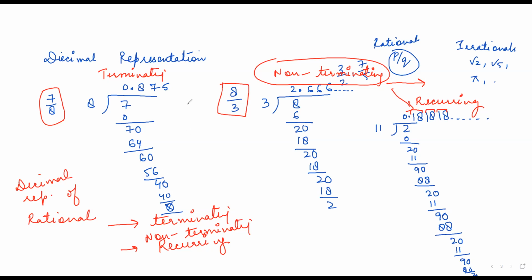So please remember this, right? If a decimal representation is given and it is terminating, then definitely it's a rational number. And if it is non-terminating but recurring, then it is a rational number. And for irrational numbers, as we will see,